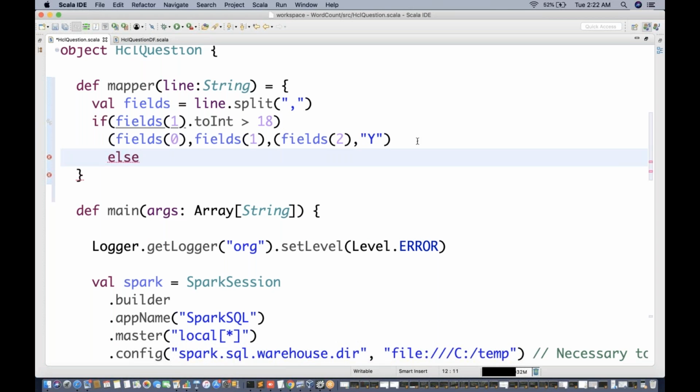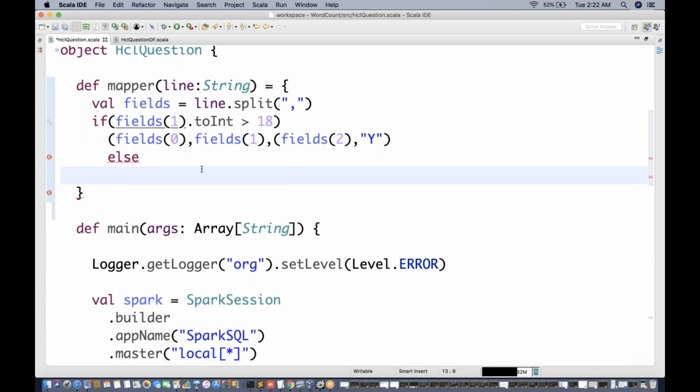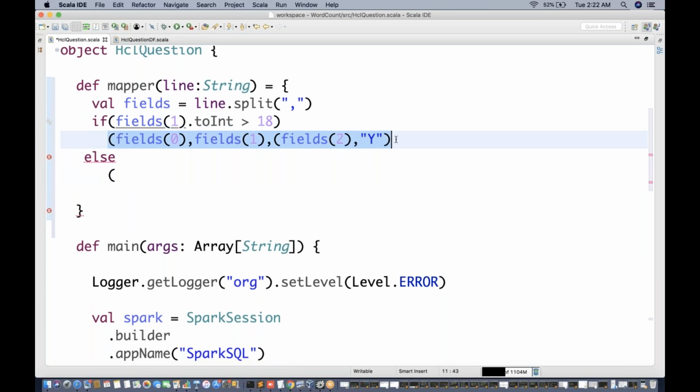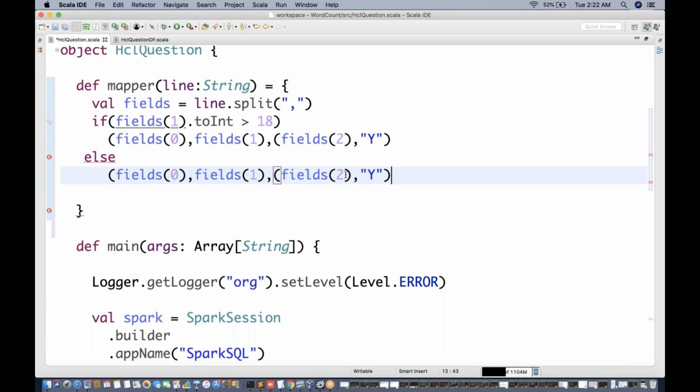In the else case, what do we want to return? I will just copy paste things from here, n.